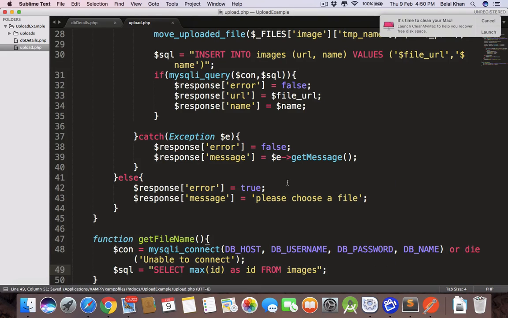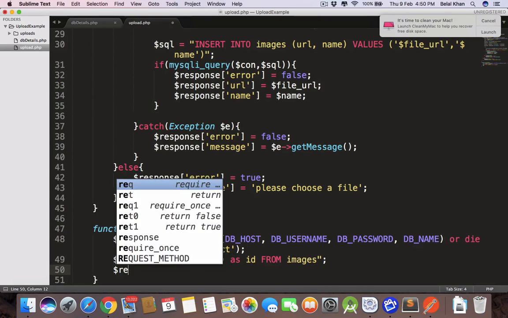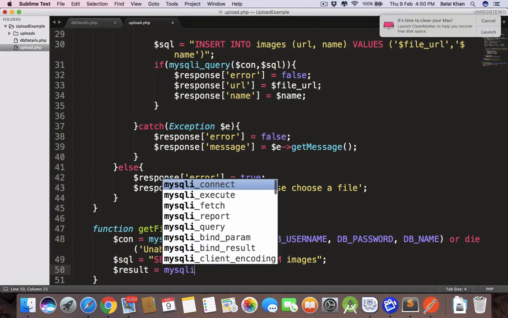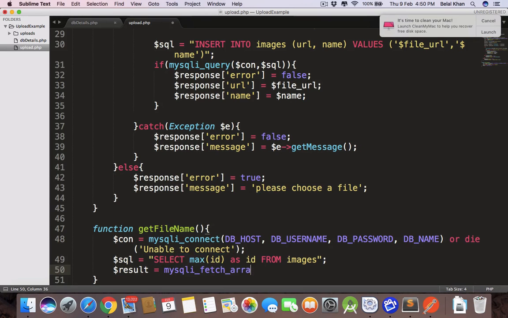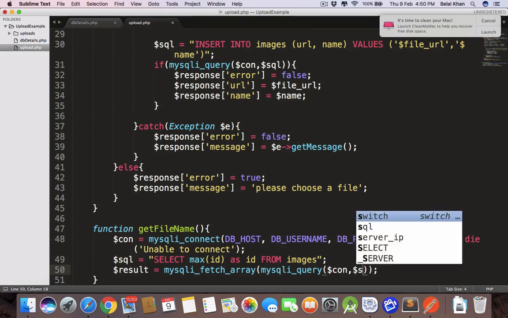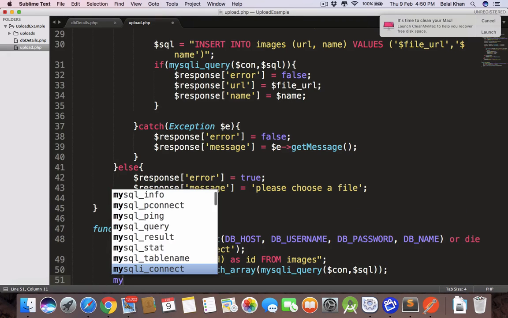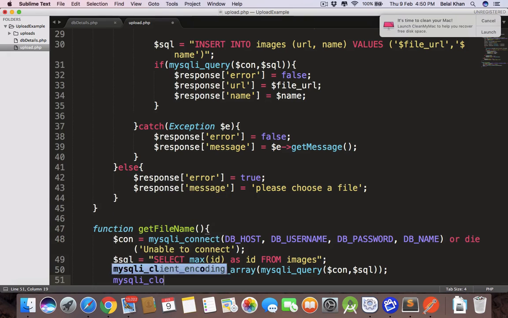So we will get the ID of the last image uploaded in our database, and then we will fetch the result with mysqli_fetch_array, and we'll pass mysqli_query, and this will contain con and sql. Now we will close, mysqli_close, and we'll pass the connection object,